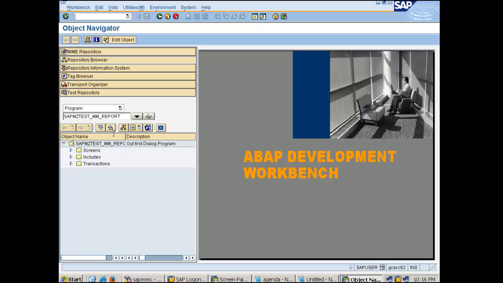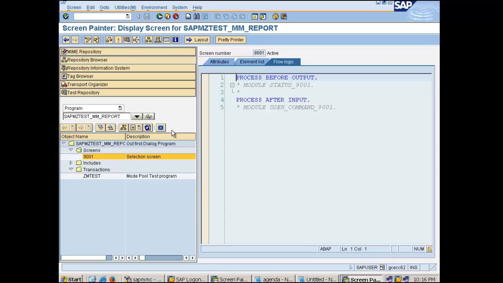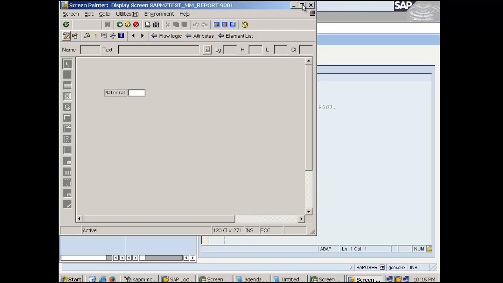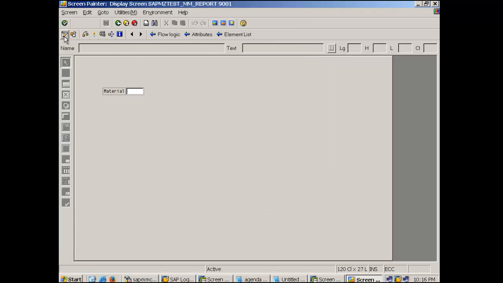So I'm again going to /NSE51. I come to this screen. So go to the screen number, go to the layout. As of now it's in display mode. Make sure you know the difference here. Click on change so that it comes into change mode. Just select like this, and then if you click on delete,